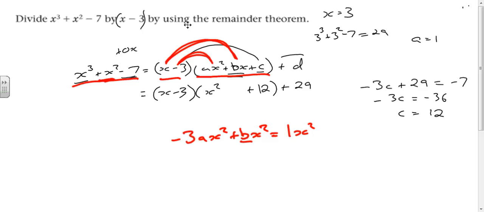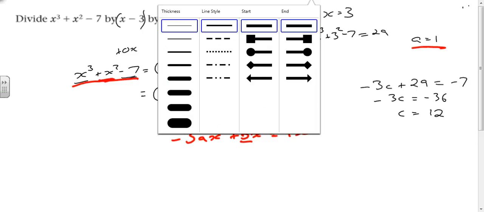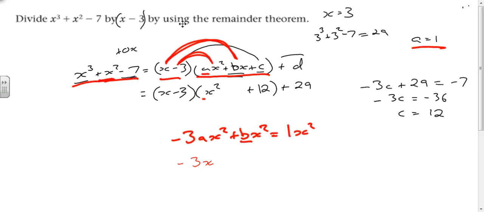We already know that a is 1. So we can say that we've got minus 3x squared plus bx squared equals 1x squared. Therefore, b must equal 4, because minus 3 plus 4 equals 1. So we've got b as 4,